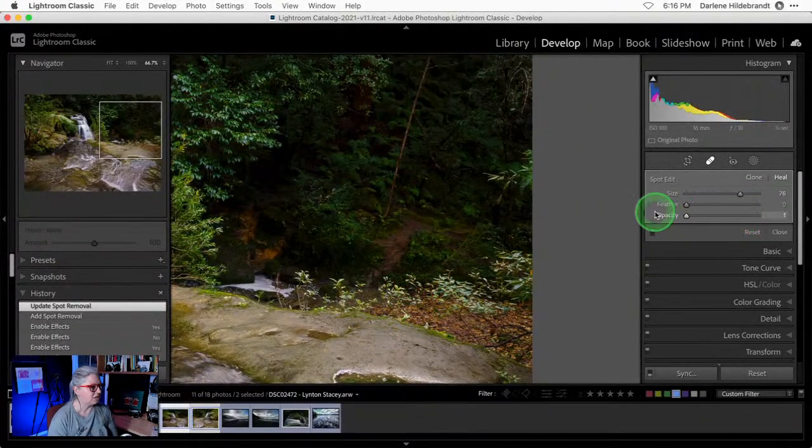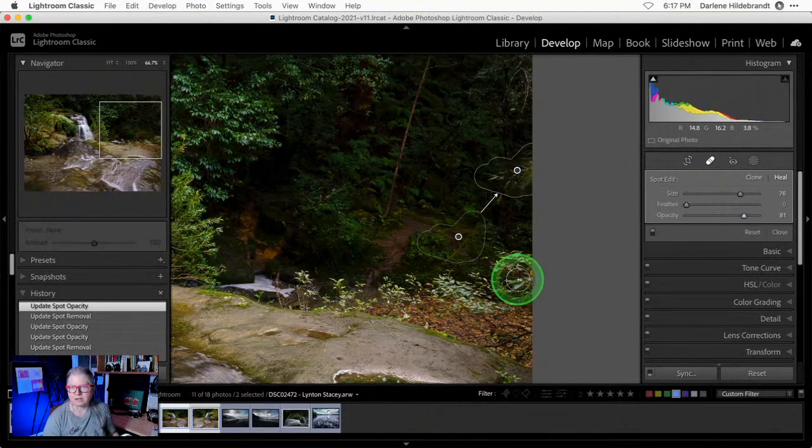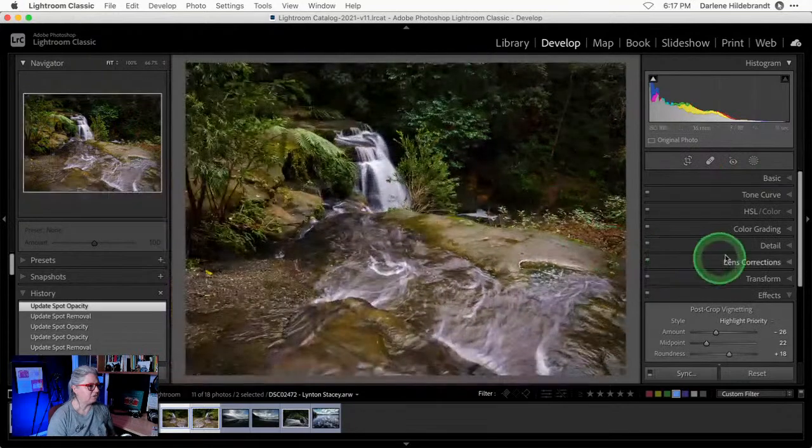And then watch as I dial the opacity up. Okay, you'll see that that tree starts to disappear. Now, I'm not happy with how green it's going, so what I might do is pick a better source. Let's try something that's less green. There, that looks a little better. Okay, and then just dial the opacity up until it's sort of minimized. Right, so 0 opacity, I'm at about 80% or so, and you can still see the branch, but it's minimized. Okay, so that's my goal here, is to not completely necessarily eliminate it, but just minimize it so that it's